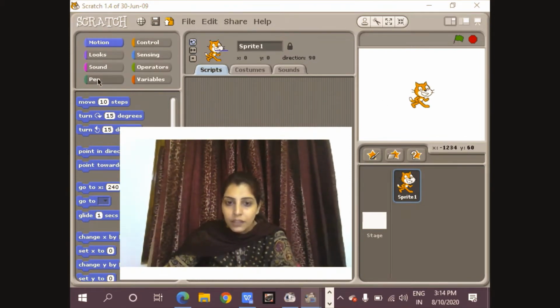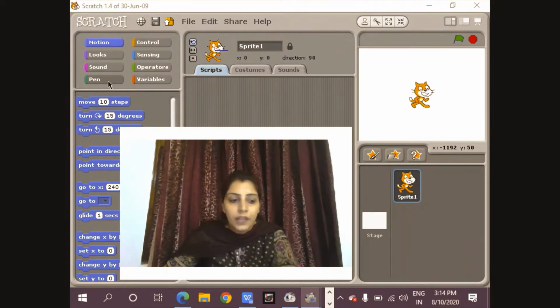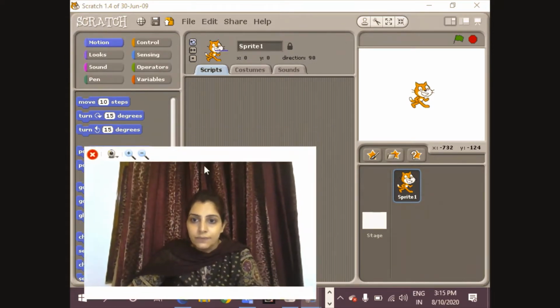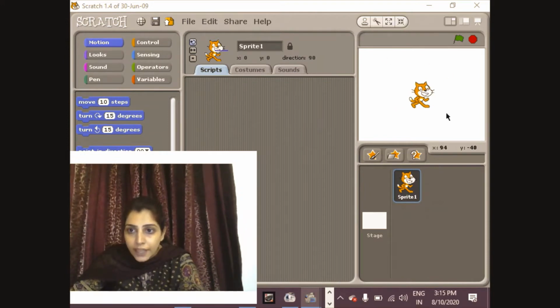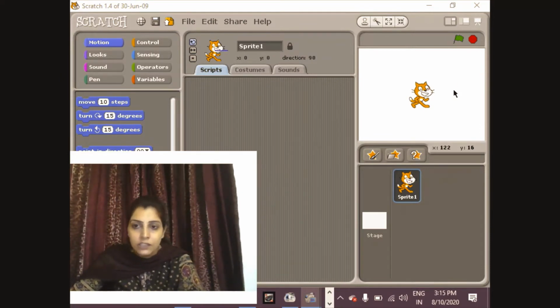Clear? The third component is the stage. Stage means this white area you can see with my mouse pointer, a space or a workspace where you can perform the actions given to the sprite. Whatever action we provide to the sprite, all these things will be performed on this stage. So stage is the white area where sprites will move and interact with each other.